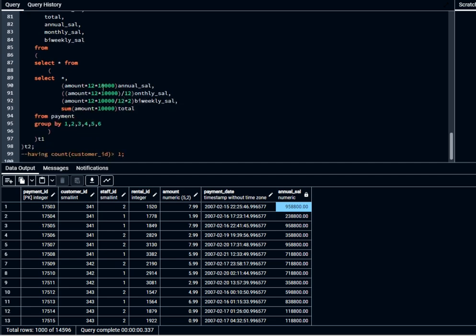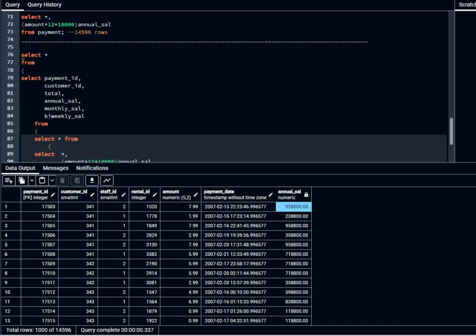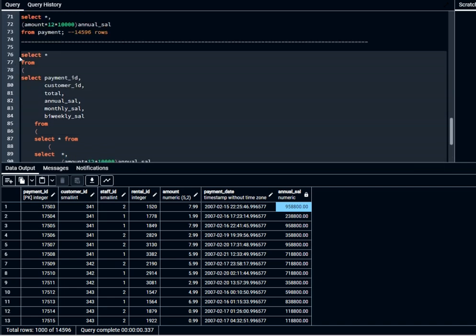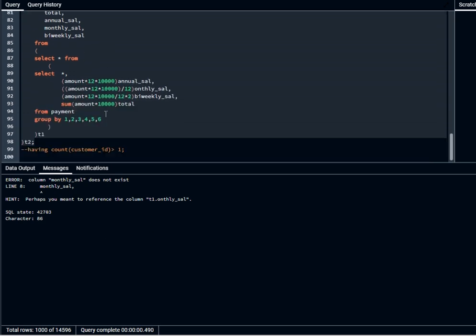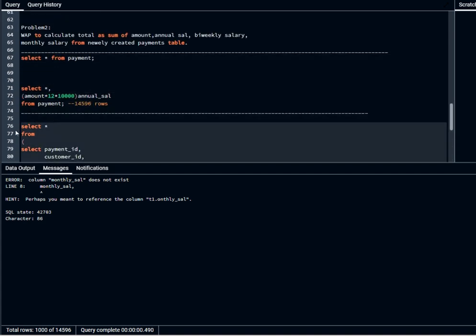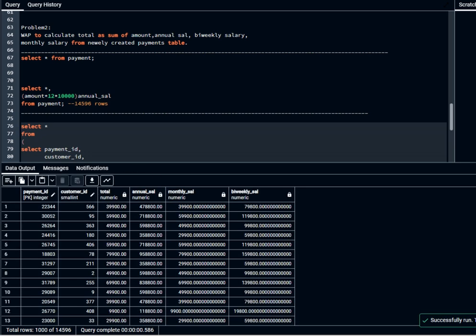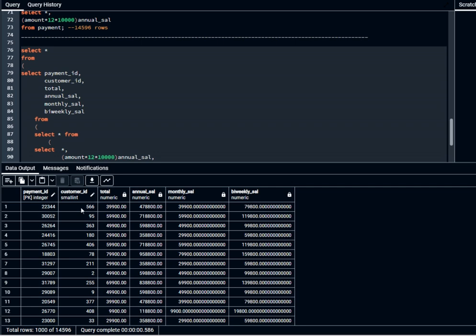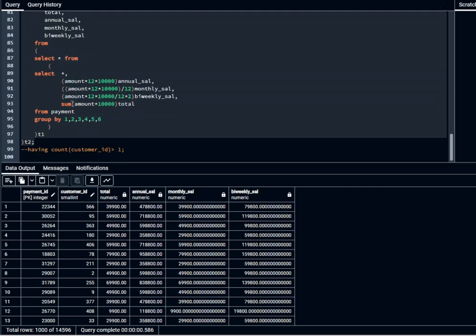So here I've calculated select star from amount divided by 12 and divided by 24. So this is my inner query, which is actually working, and then I've created an outer query and a subquery out of it, with the specific columns which I needed for my table. Perhaps we meant to reference T1 monthly salary. Oh, we missed the M over here, so that is causing the entire issue. So if we run this, we get to see the output here. Okay, so finally I wanted to see payment ID, customer ID, total, which is the sum of the amount, and then